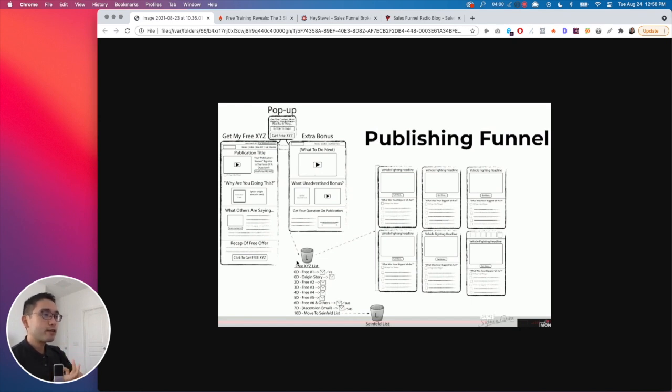Once you get their email, you put them into your email provider, and you'll email them that freebie, and then you'll be taking them to a 6 email sequence that talks about first your origin story, an email explaining who you are and why you are doing this, and then you'll be emailing them freebies, right? So